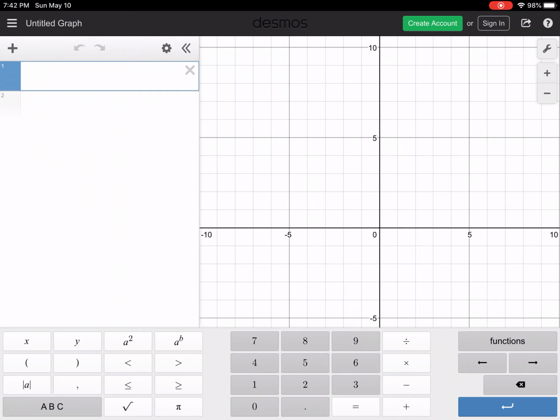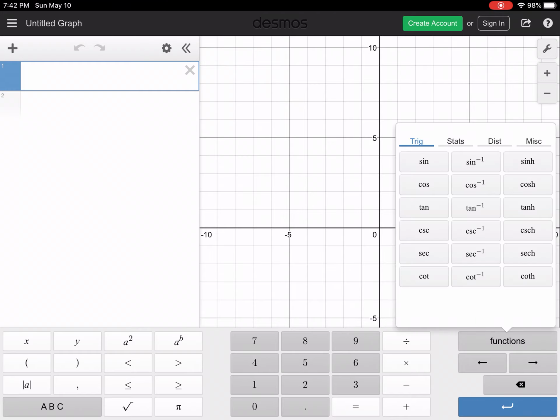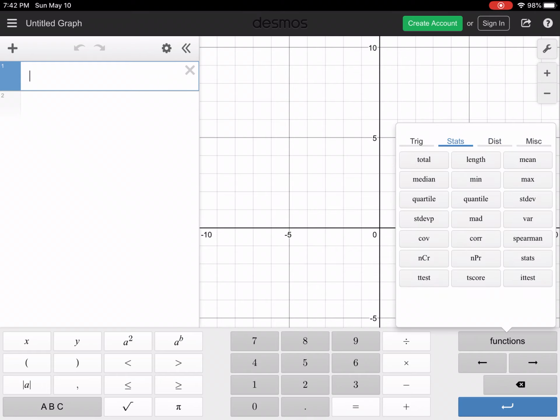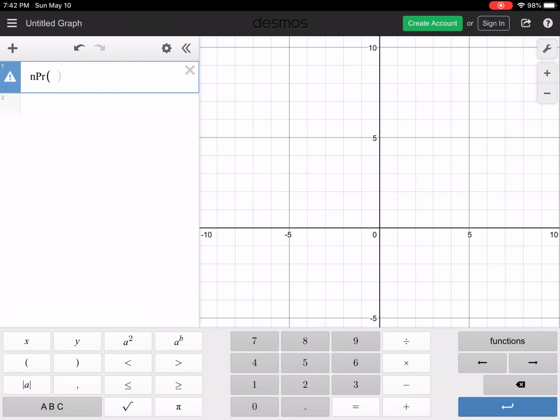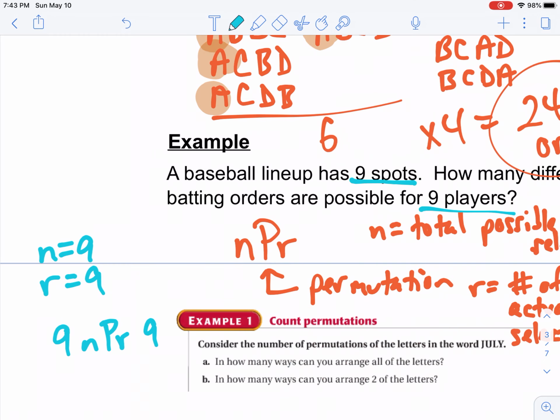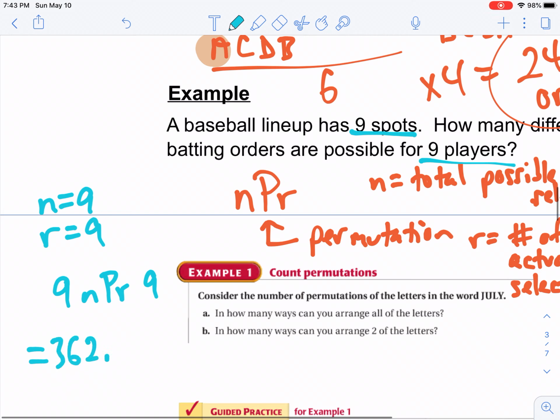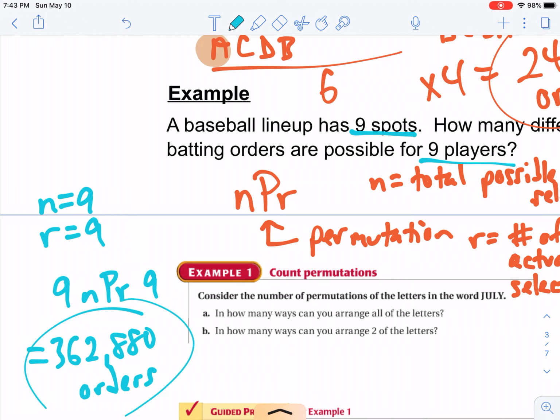So it's probably in, where is it? The nPr, but here we go. nPr. See that? 9. I think Desmos wants you to put a comma in. Yeah. So nPr 9, comma 9. The first 9 is the n, the second 9 is the r, and you get your answer, 362,880. So that means there's 362,880 possible batting orders on a baseball team if you take 9 players and order them in a batting lineup. All right, let's do another